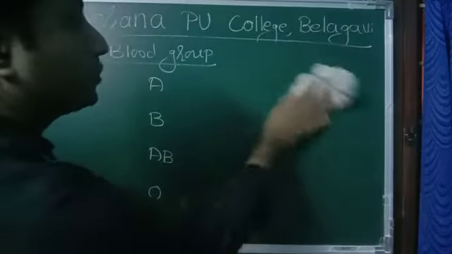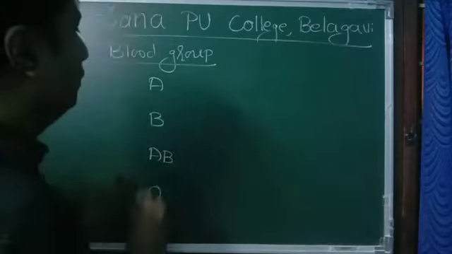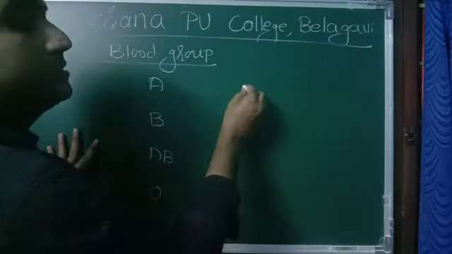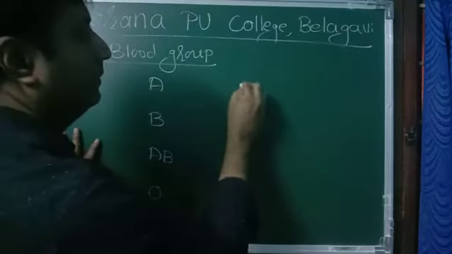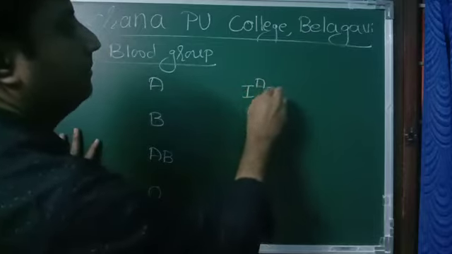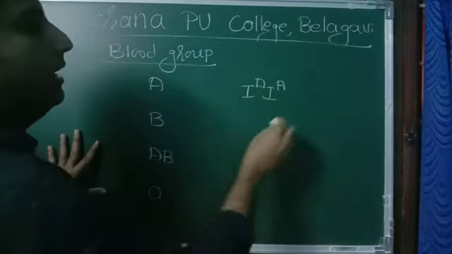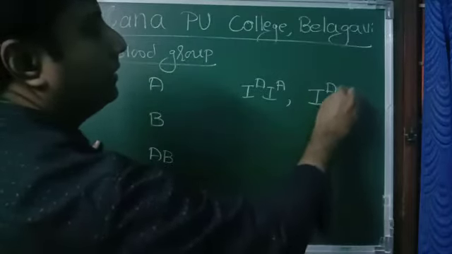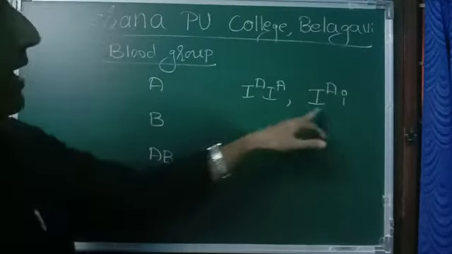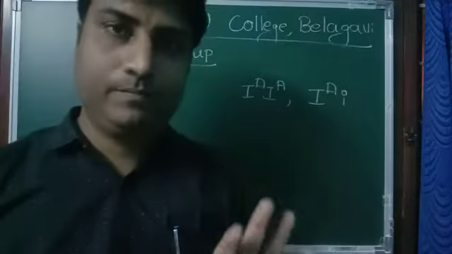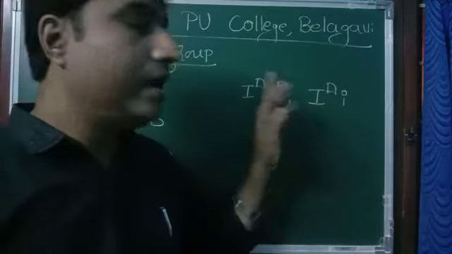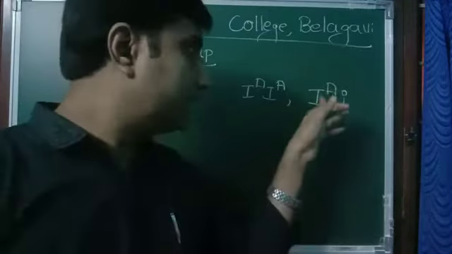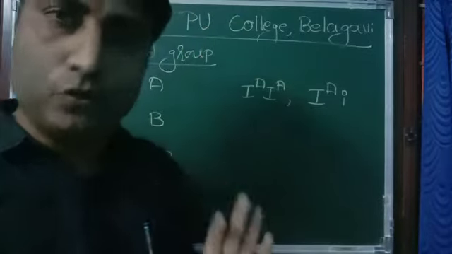Similarly, in case of blood group, homozygous means the allele IA, IA. Okay. And heterozygous IA, small i. Here IA is dominant over small i. So IA, when it is present, it exhibits its character, that is A blood group.